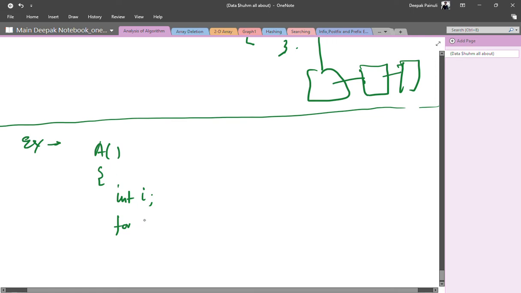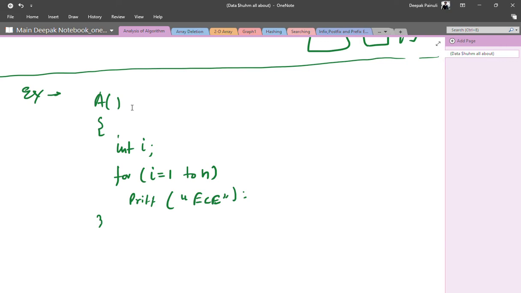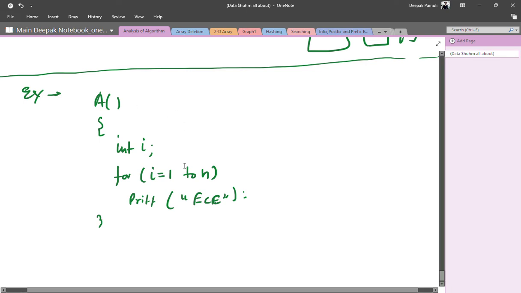Let us say we are executing for i equals 1 to n, and we are simply printing ECE inside the loop, and we are just closing the function, right? So this algorithm, let's say algorithm A, what it does is simply print ECE n number of times.